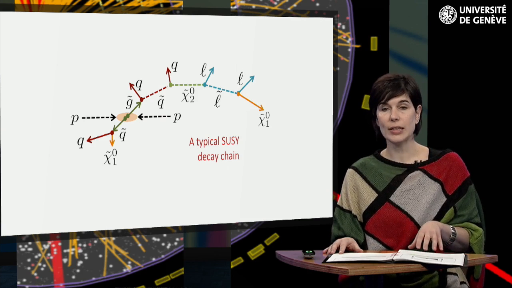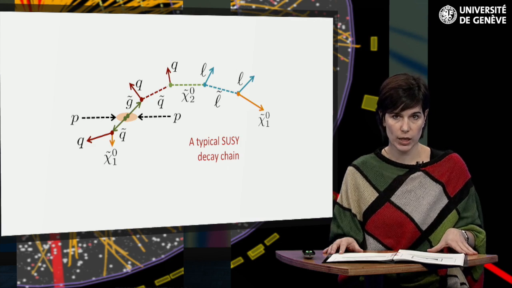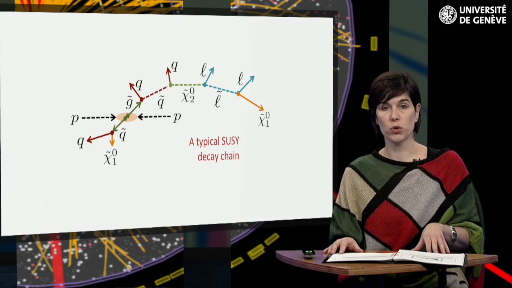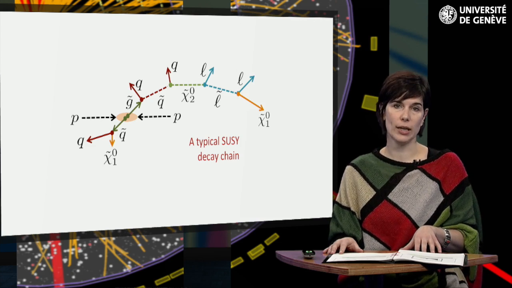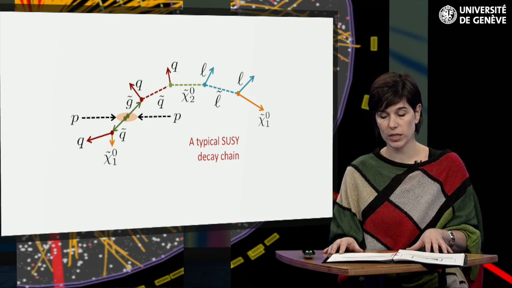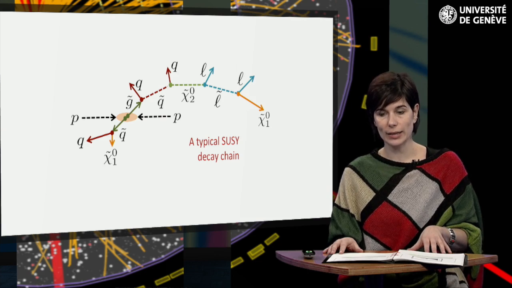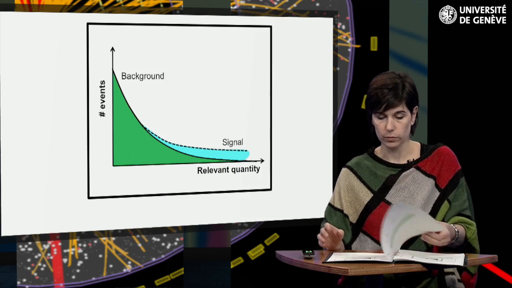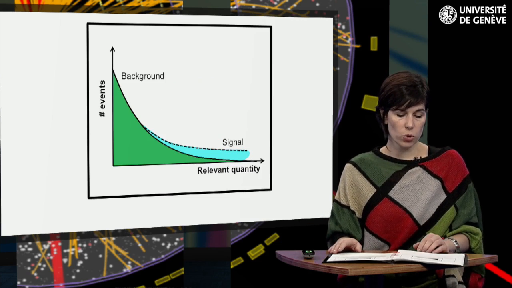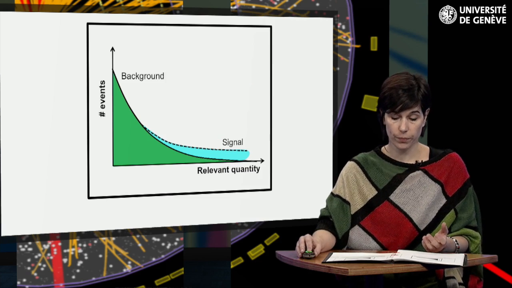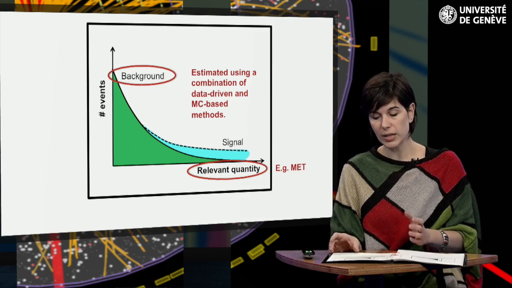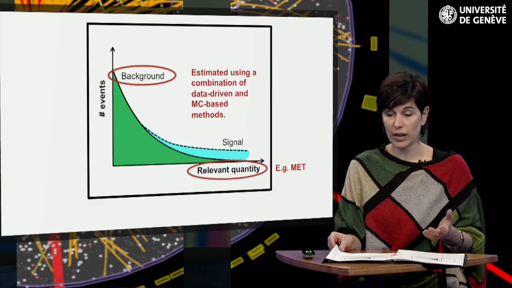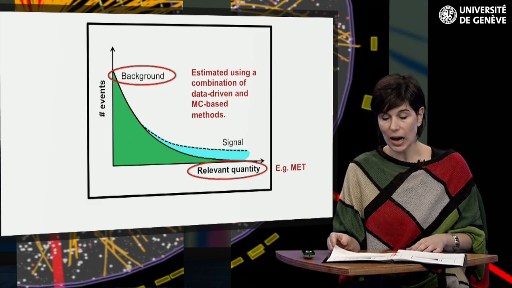Relevant distributions can be related to the multiplicity of a specific type of object, for example jets, or to missing transverse momentum, which in many variants of supersymmetry is enhanced by the emission of neutralinos. These are the lightest supersymmetric particles, neutral and weakly interacting, escaping the detector just like neutrinos do. In a SUSY search, we are therefore looking for signals that way, where a relevant quantity can be the missing transverse momentum.